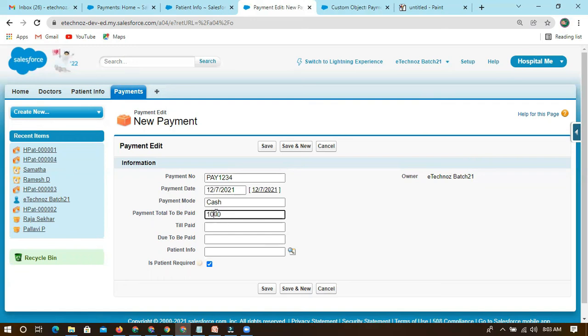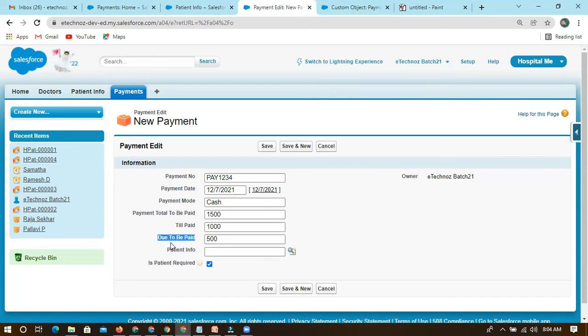Let's take 1500. This patient has to pay 1500, and how much is paid till now, 1000, and the remaining is 500. But I want to automate this. Based on this number and this number, it should be counting and finally displaying here.